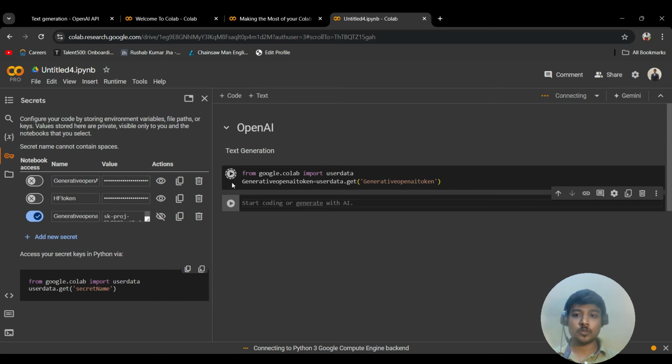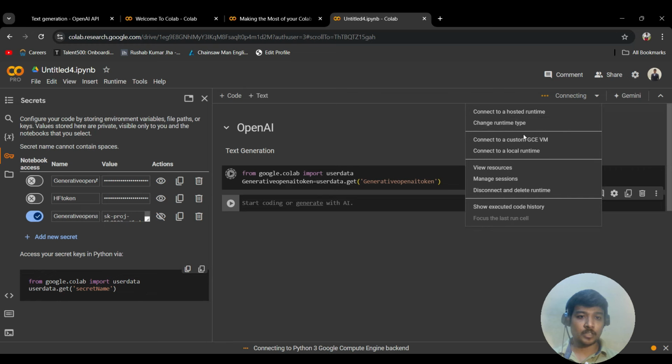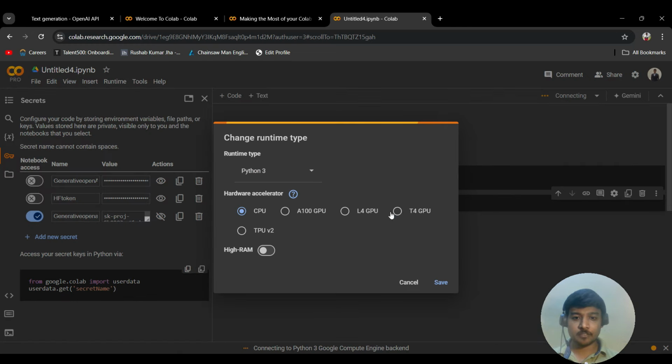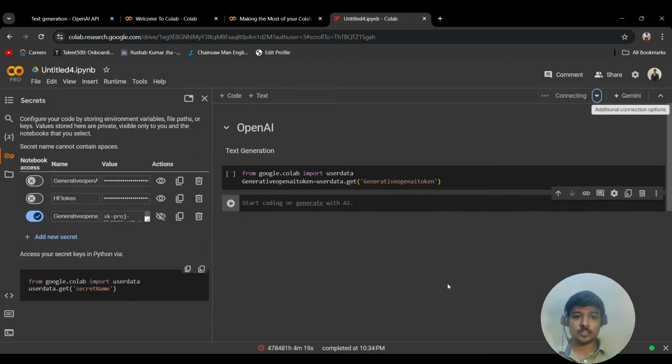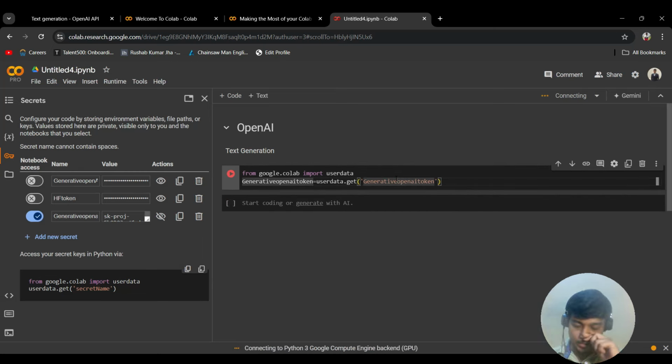Before running any code, another important thing is to change the runtime and shift it to T4 GPU. If you want to understand the reason, go through the previous video on Hugging Face. I have explained it in depth. You cannot run any of the LLM models on the normal GPU or simple CPU that you have on Colab. The entire reason of utilizing Colab is to utilize the GPU capabilities.